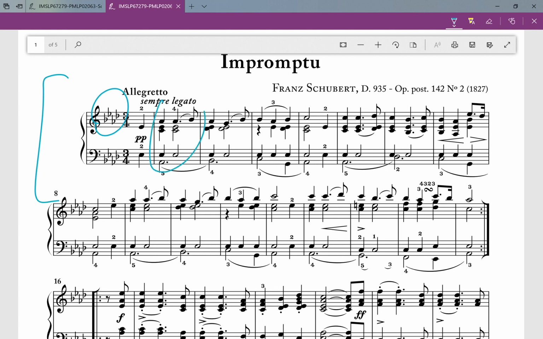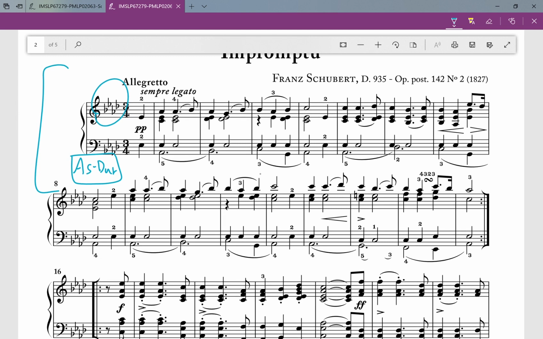So the first chord in the first bar is A flat, E flat, C. So an A flat major chord. So I'm going to say this is in the key of A flat major. The first chord would be tonic, and then we have dominant 3-4 or 4-3. Then we have tonic in the first inversion, and then dominant 7 in the first inversion, and then